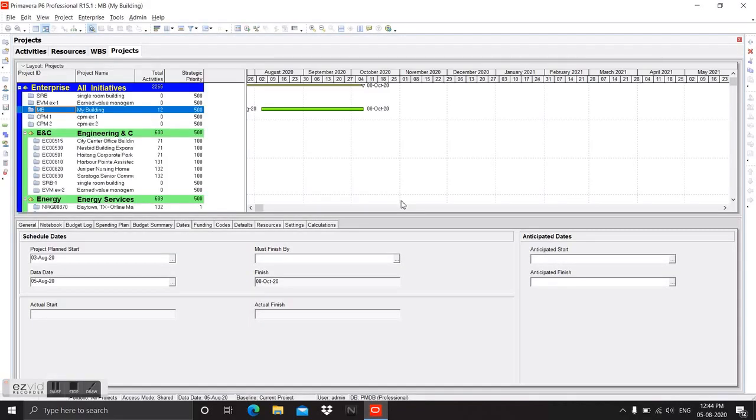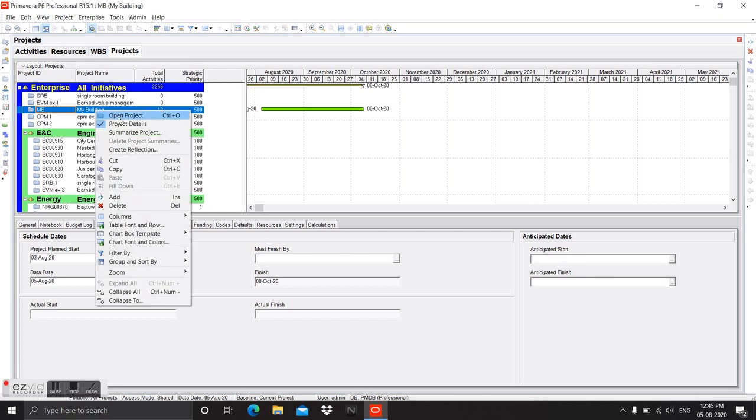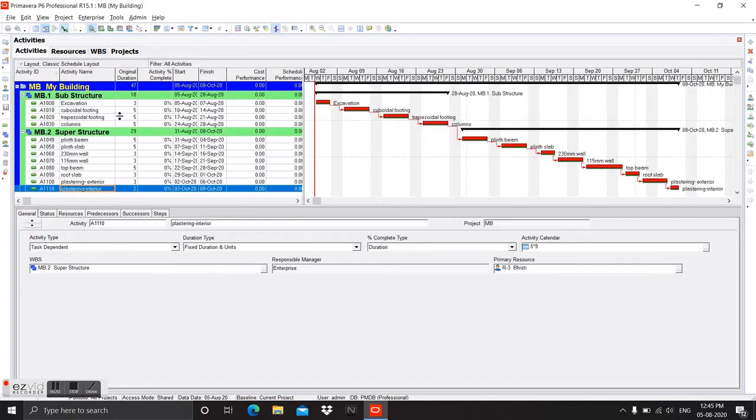Hello everyone. Today I will show how to use the Primavera risk analysis software, and you can also forecast your project using this software. So first of all, we will go to the Primavera P6 software, and you have to open your project in which you have to run the risk analysis. So we'll go to this project and make sure that this project is already scheduled.